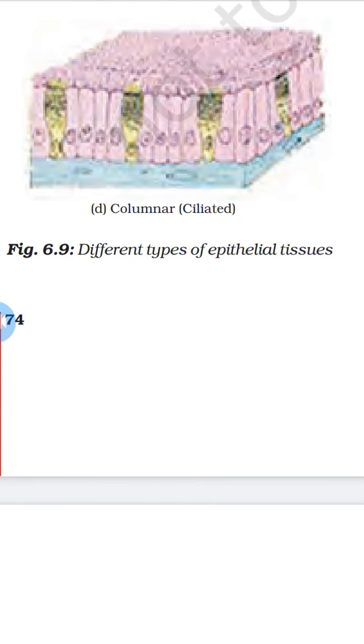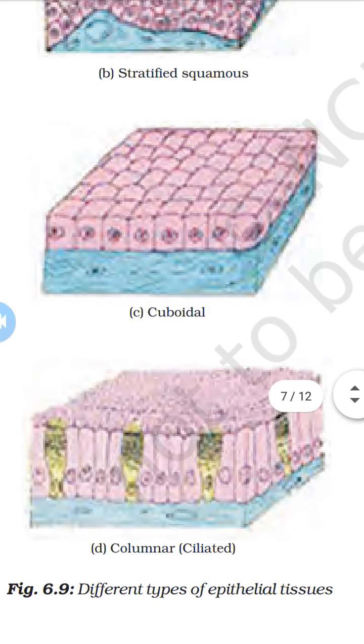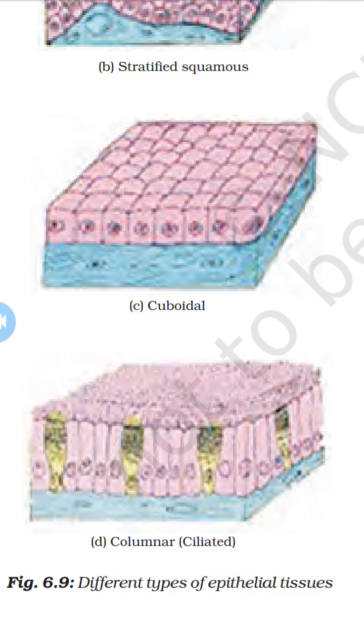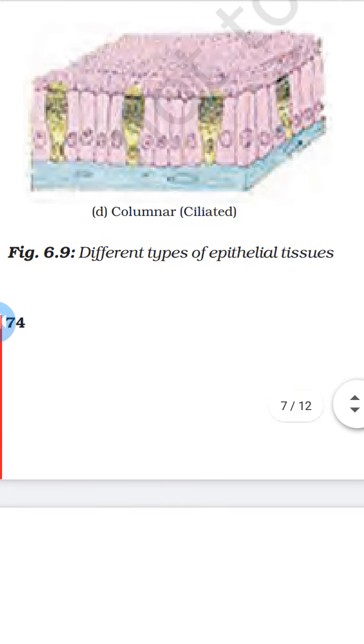Columnar epithelium has tall, pillar-like cells. It facilitates movement across the epithelial barriers, for example the inner lining of the intestine, where water absorption and secretion take place. Next is the ciliated epithelium, which is columnar epithelium with cilia, the upper portion in this figure. Columnar epithelium cells with cilia are called ciliated epithelium, and their function is to push forward substances like mucus.